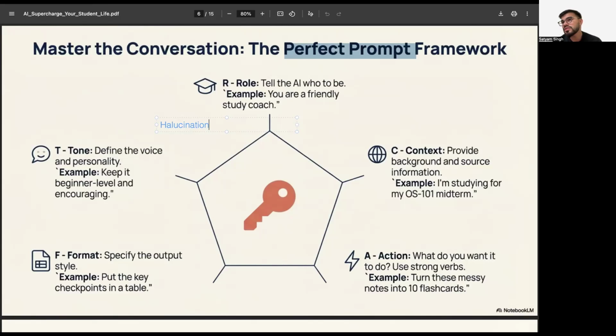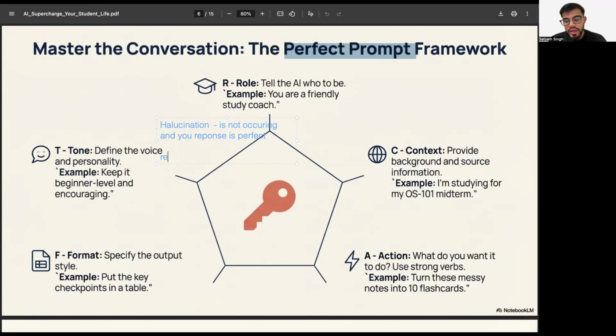It will be confused and give you an answer just for the sake of giving an answer. So sometimes your AI gives you a wrong response, and that is called hallucination. To make sure hallucination does not occur and your response is perfect,